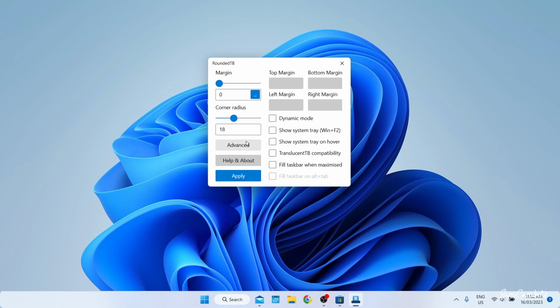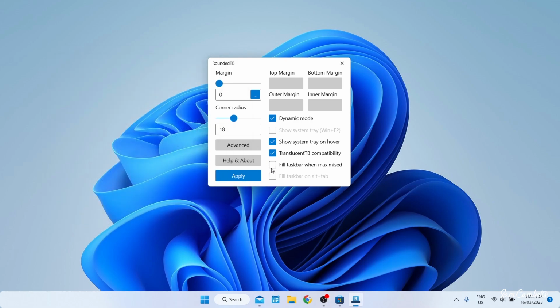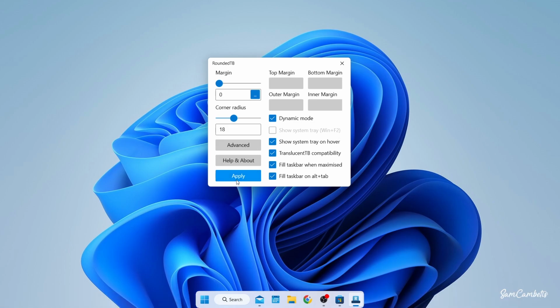Then we'll go advanced, click dynamic mode and show system tray on hover. Then we want to select translucent TB compatibility because that's the next app we're going to install. Fill taskbar when maximized, and fill taskbar on Alt tab. Then click apply. So now you can see that the taskbar is nice and centered in the middle with no